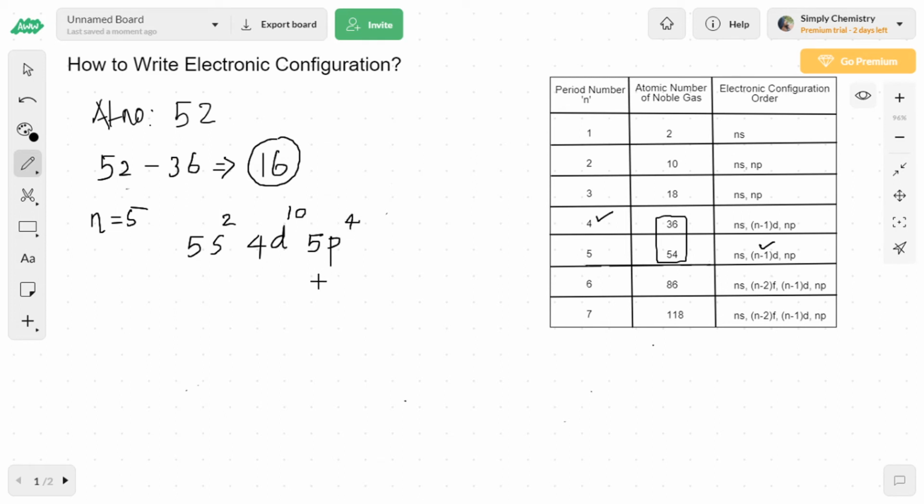So we have added the electrons in the configuration order. Now just add the noble gas with atomic number 36, that corresponds to krypton. So we have got the electronic configuration of the atomic number 52. And also you know that the last added electron goes to the p shell, so this element belongs to the p block.